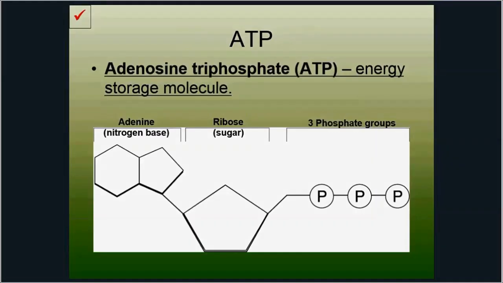ATP is the main energy storage molecule. So when we're talking about energy being created or used in the cell, typically we are talking about ATP. ATP stands for adenosine triphosphate, and you can see here that the molecule is made of an adenine, the ribose sugar, and then 3 phosphate groups. So adenosine stands for the adenine, tri means 3, and then phosphate for the fact that there are